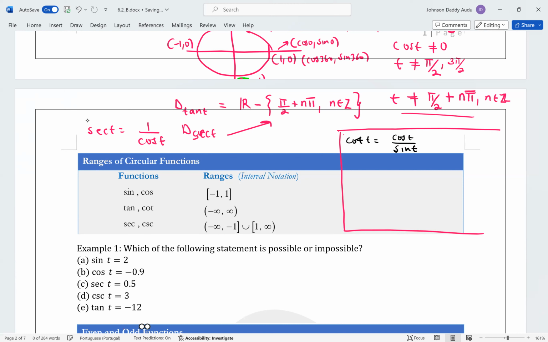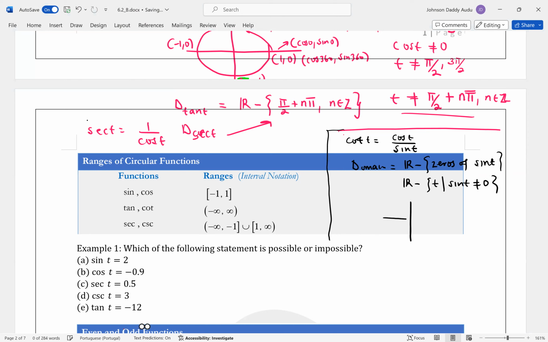Over sine t, right? So if you are looking for the domain, the domain is going to be R minus what? The zeros of what? Sine t. So the zeros of sine t, in other words, you're saying that R minus any t such that sine t is not equal to 0. So what do we mean by sine t is not equal to 0? We can still use what we did earlier,